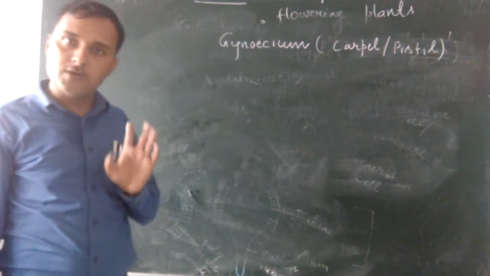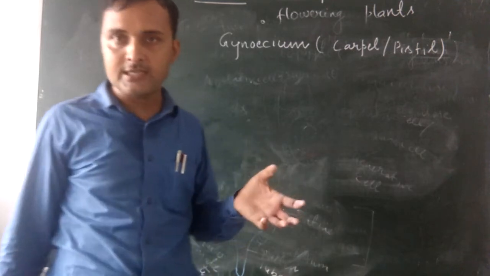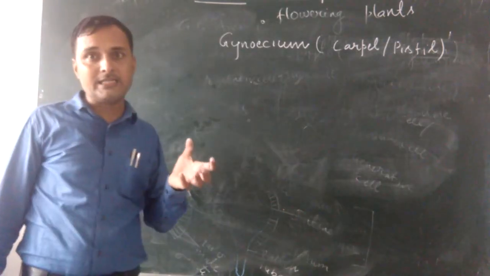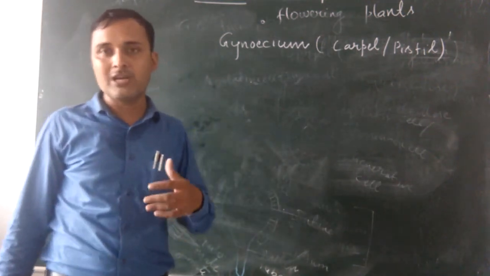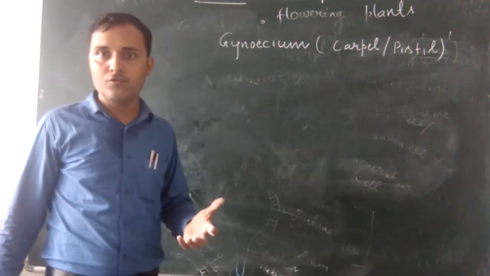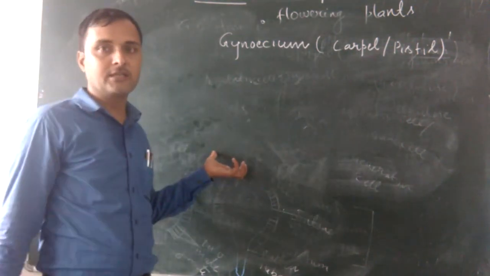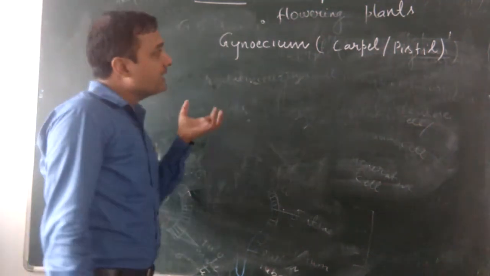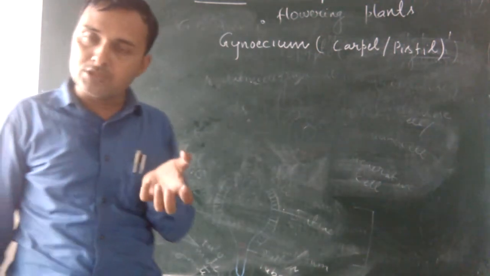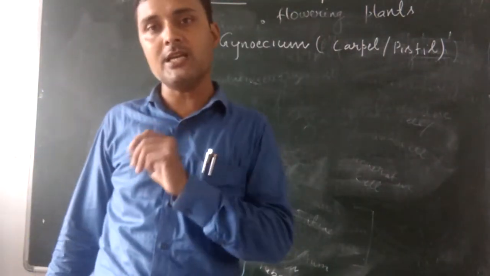Their functions are different. Stigma helps to receive pollen grains for fertilization. Style provides the route for the transfer of male gametes into the ovule and also helps to connect stigma to the ovary. And ovary converts into fruit after fertilization. So this is all about functions. Now see, each gynoecium consists of basic units known as carpels or pistil. Each carpel has 3 parts: stigma, style and ovary.